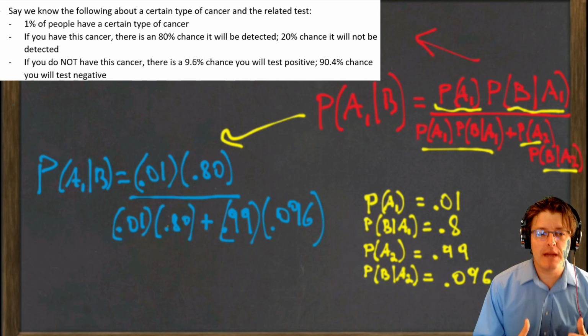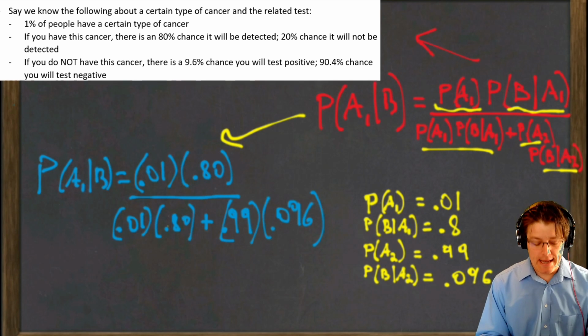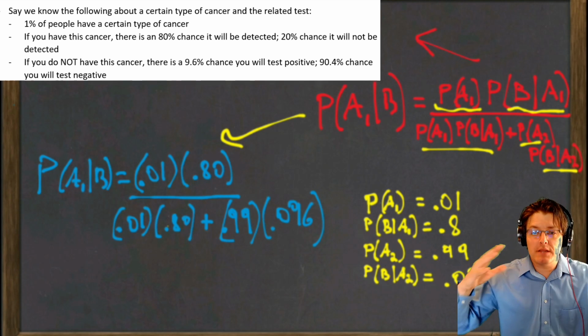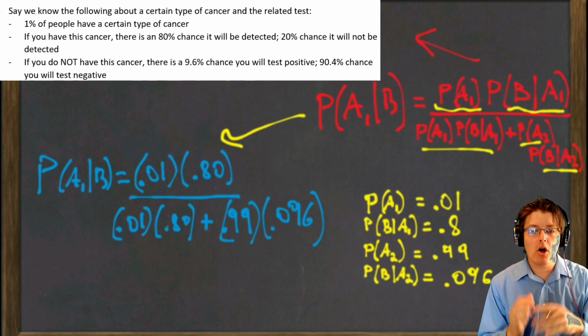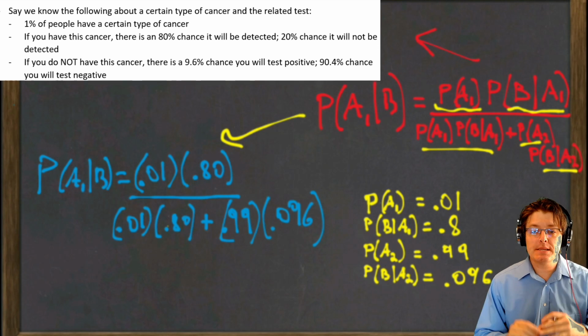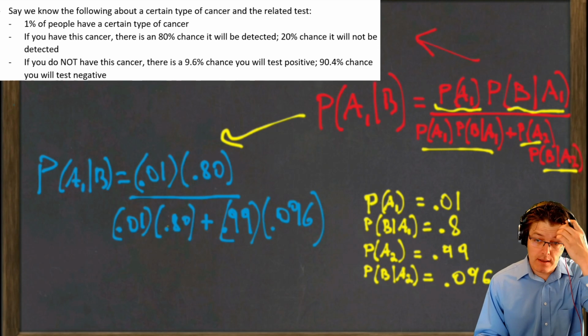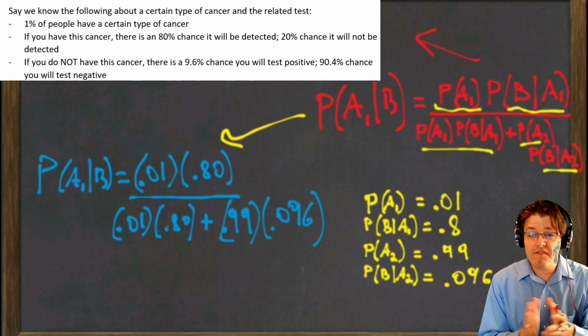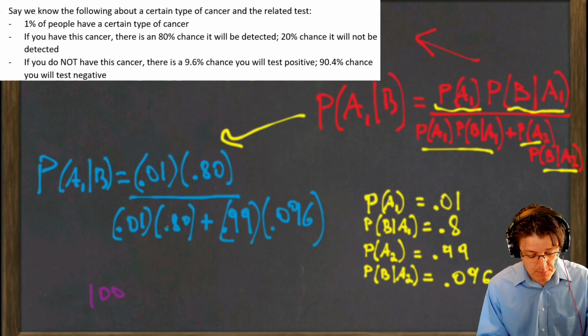Okay, so now that we have some numbers put in here, before we crunch it, let's talk about what's going on. Imagine we have a lot of people. Maybe we have 1,000 people that are all going to go in and get tested. Some of those people are going to have cancer, or the cancer that we're screening for. And in fact, if 1% of the people have it, just to sketch out what's happening here, if we had 1,000 people, 1% of that is 10 people.